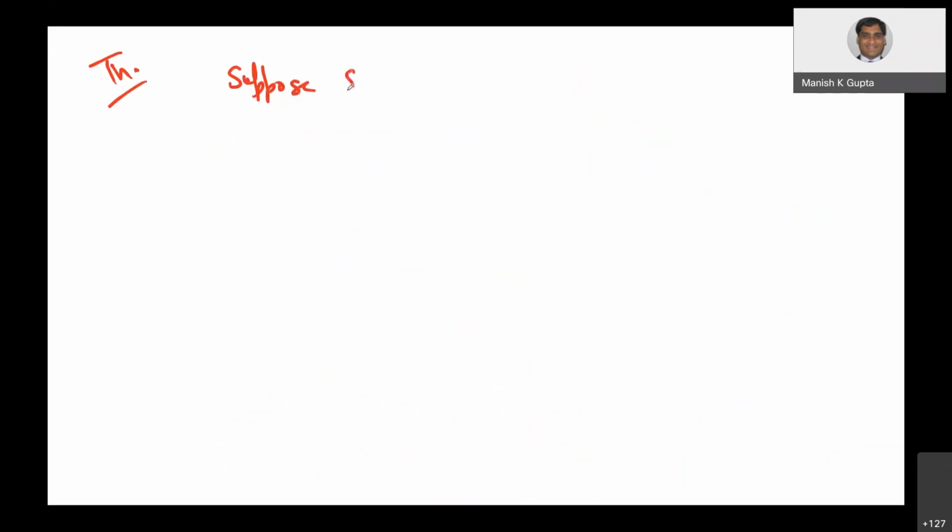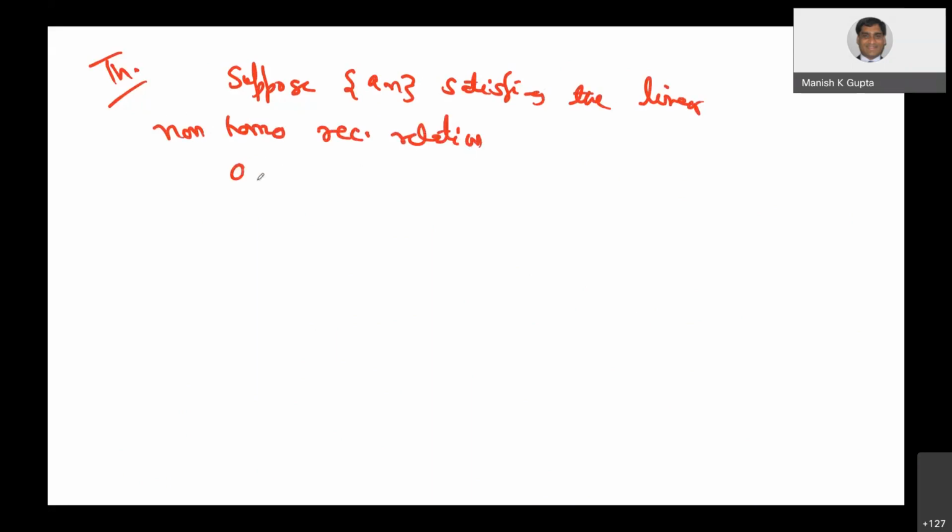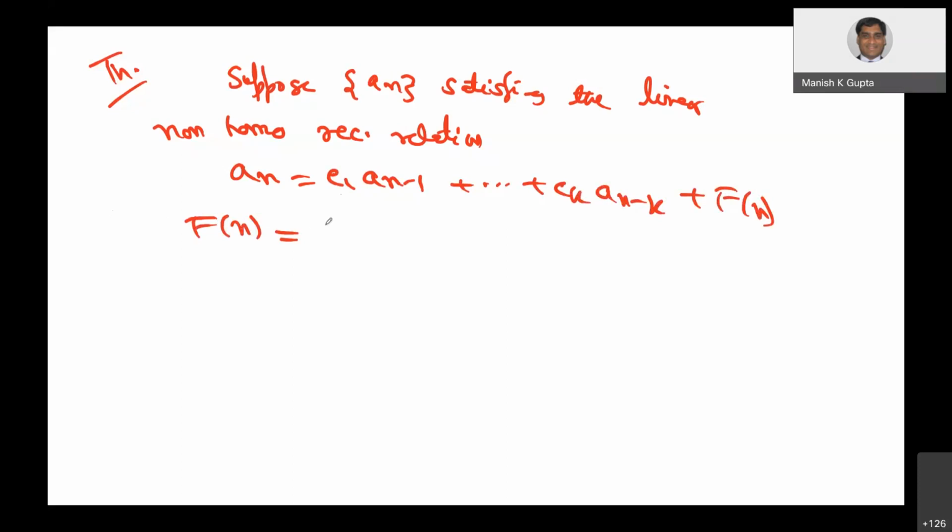Suppose An satisfies the linear non-homogeneous recurrence relation An is equal to C1 An minus 1 plus dot dot dot Ck An minus k plus f of n, where of course Ci's are constant real numbers. And suppose capital F of n is of this form,